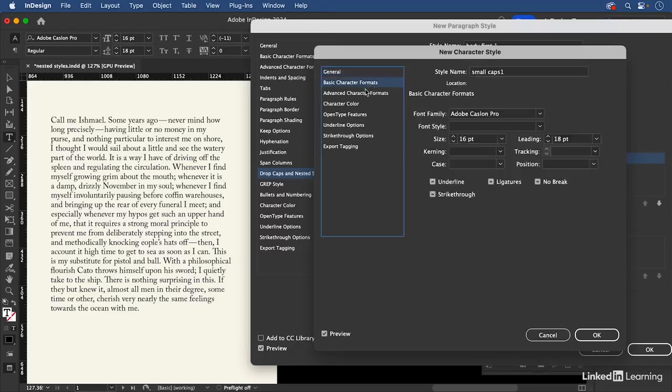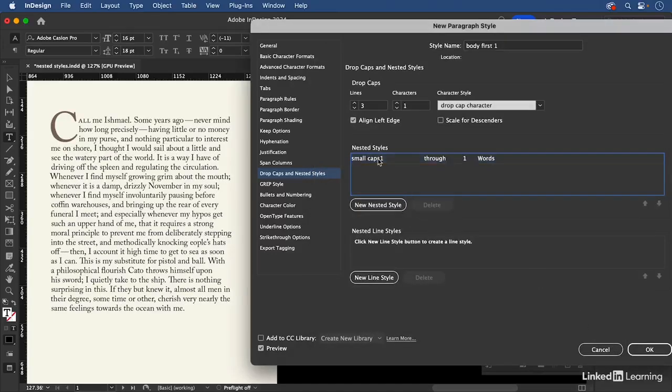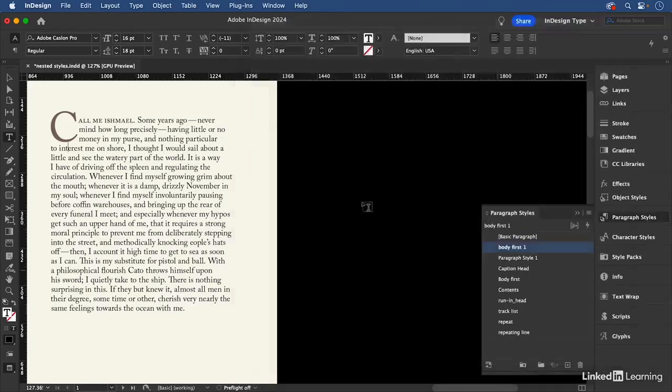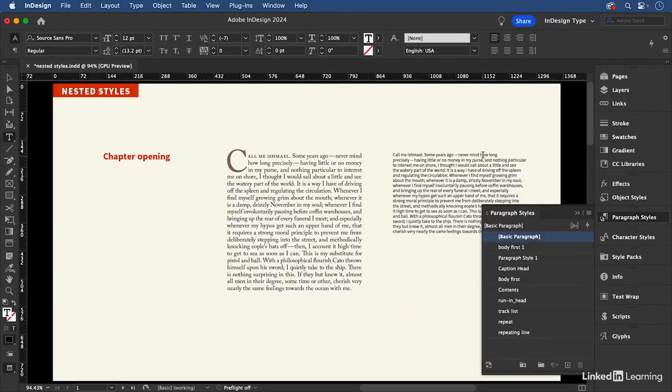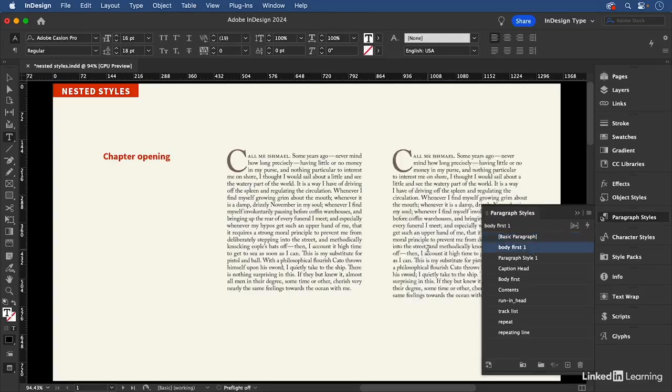And when I come to basic character formats, in this particular case, I want to make sure that all of these options are blank. Remember, we want the character styles to be relative to the paragraph styles. We don't need anything declared in this case except the case, which is open type, all small caps. And that's going to apply small caps through, and I'm going to change that to 3 words. So now the next time I come across an opening paragraph, all I need to do is apply those formats